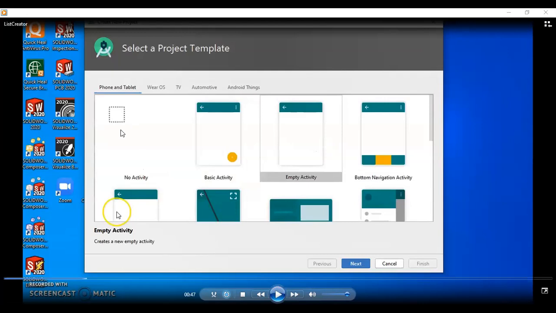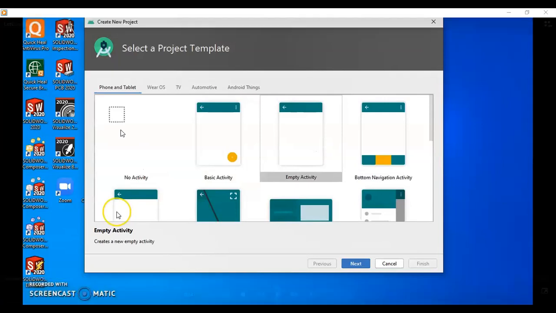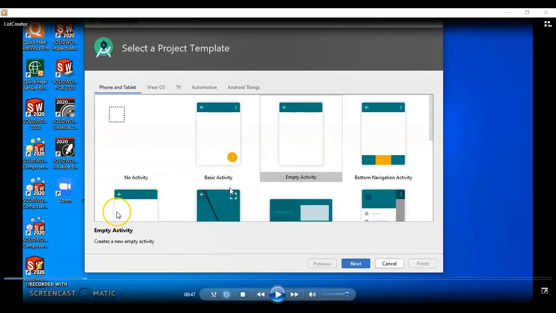For example, in the previous application, main activity.kt was the default activity that was created. But if you want all the activities defined by the developer, then you can select this first option. There are other options such as basic activity, empty activity. In the previous project, we selected the empty activity. Similarly, bottom navigation. For today's project, we will be selecting basic activity, right?